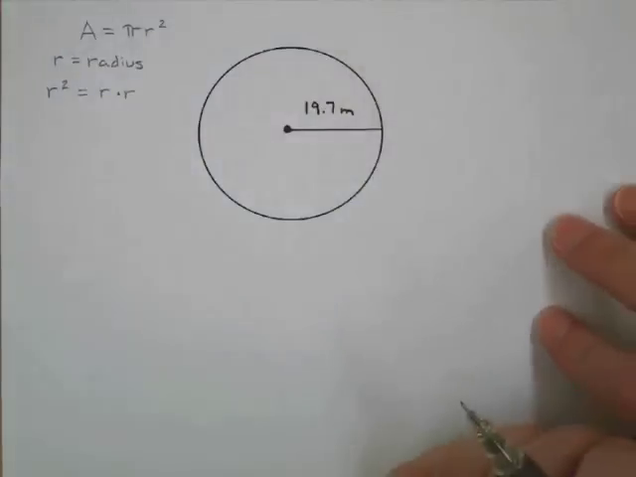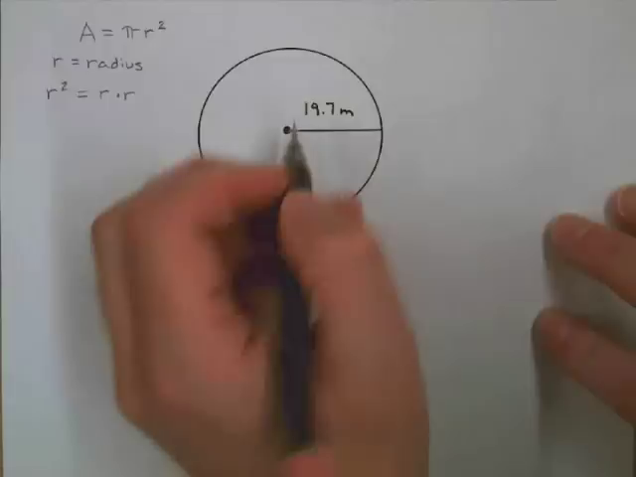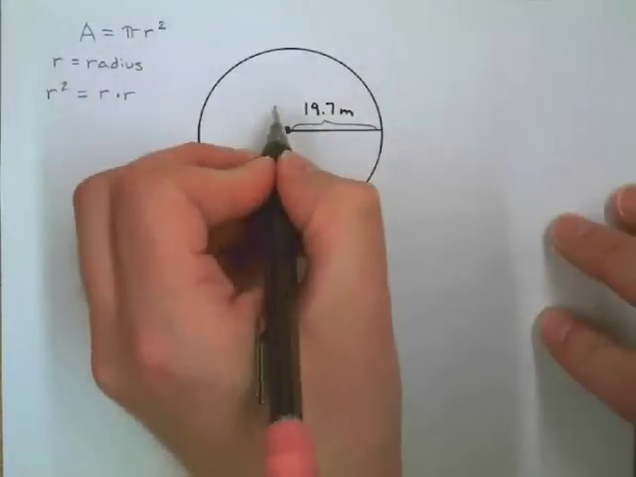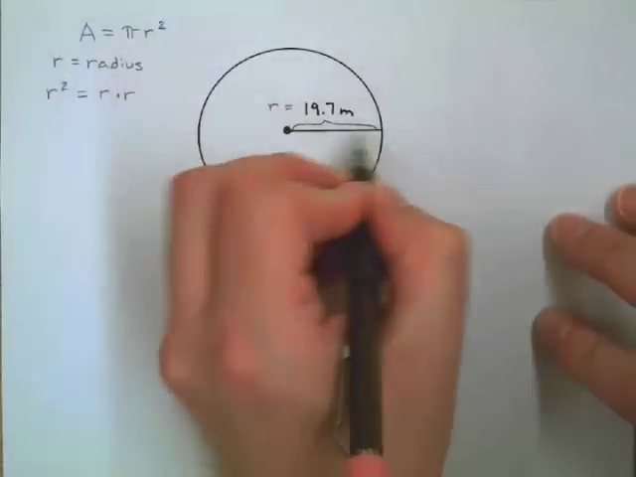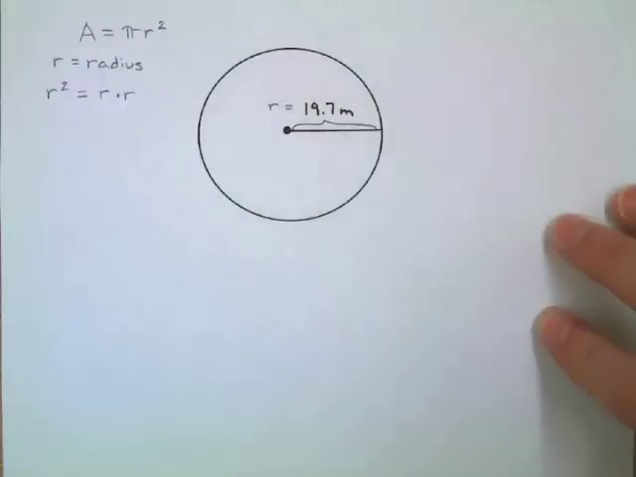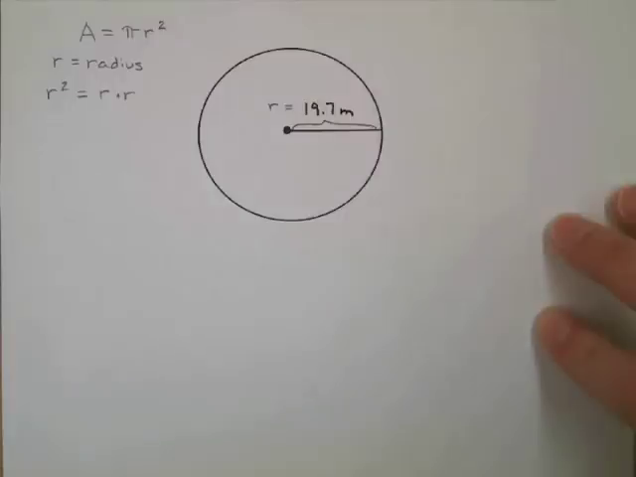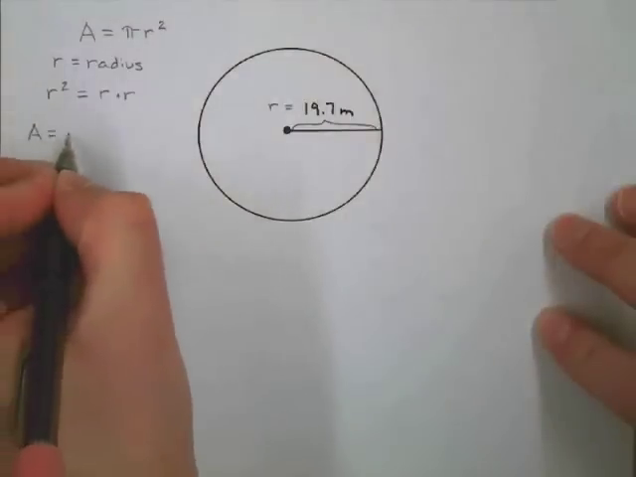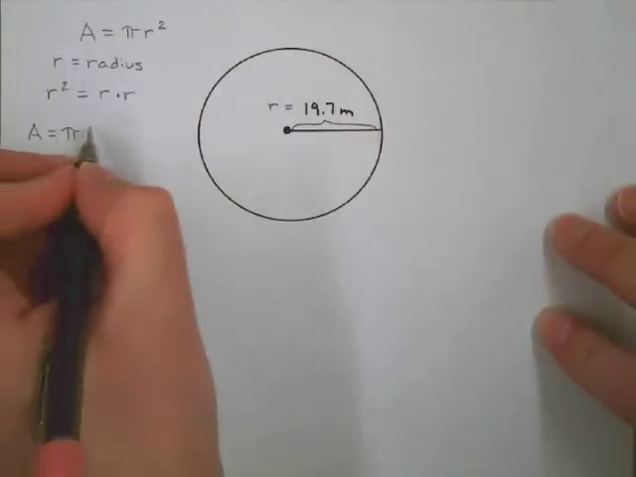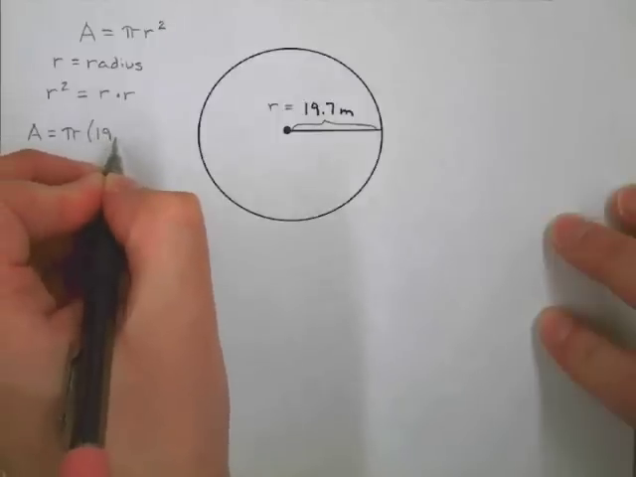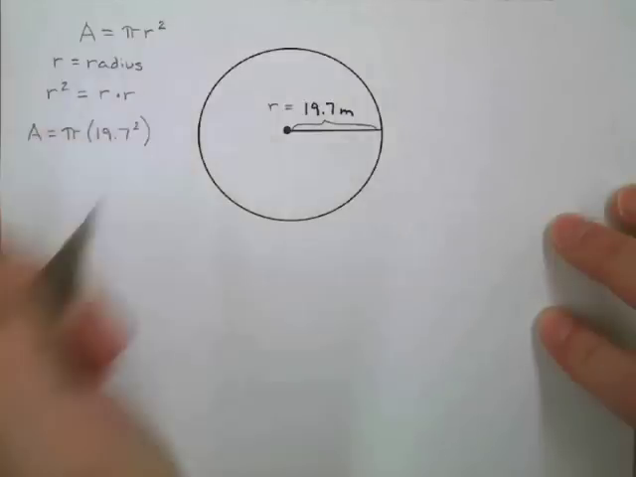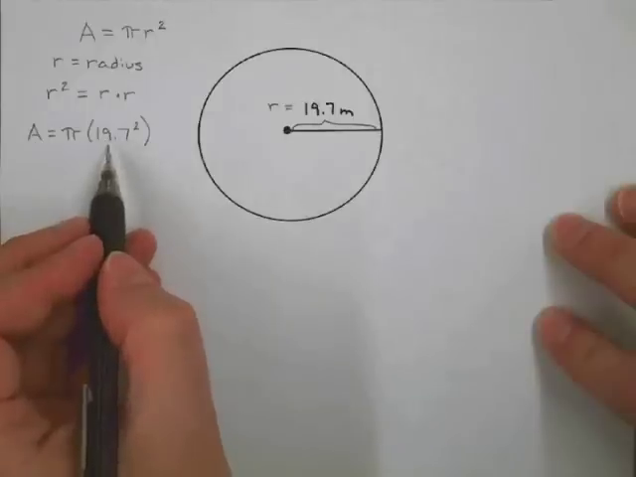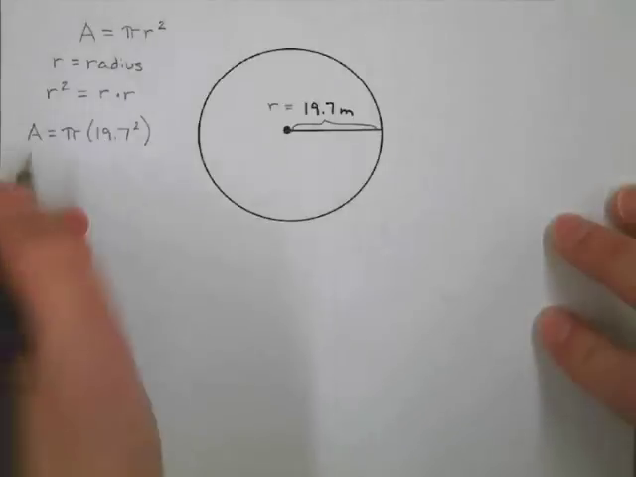So here we have a circle, and our radius is this distance right here. The radius is the distance from the center of the circle directly out to one point on the edge of the circle. So we could say here that the area is equal to pi times the radius, which is 19 7/10, squared. And if I actually multiply this out, 19 7/10 times 19 7/10, I come out with